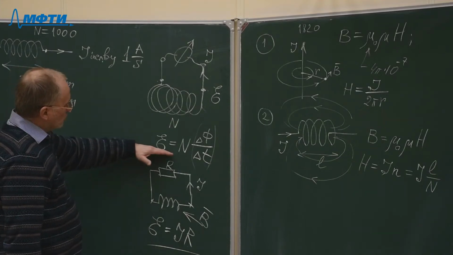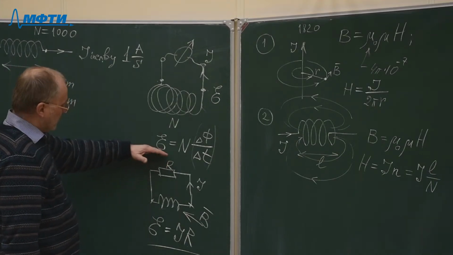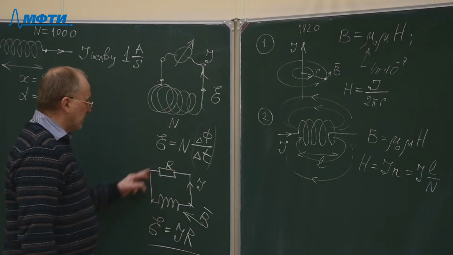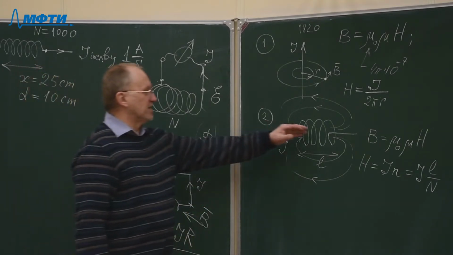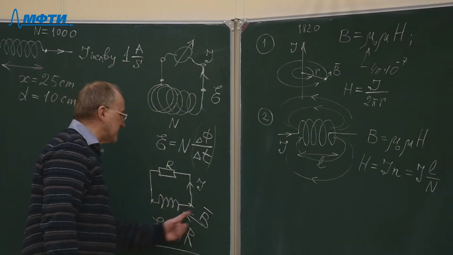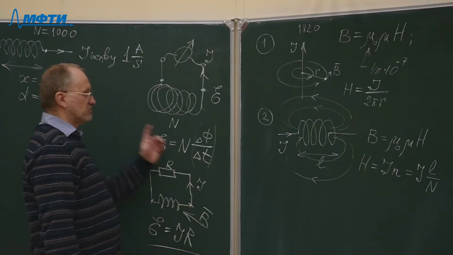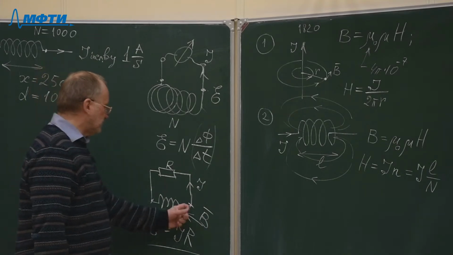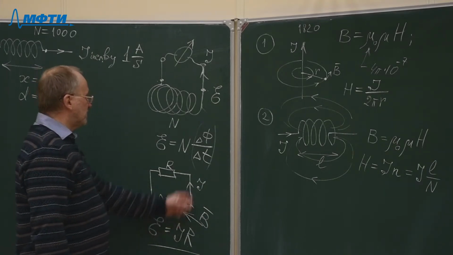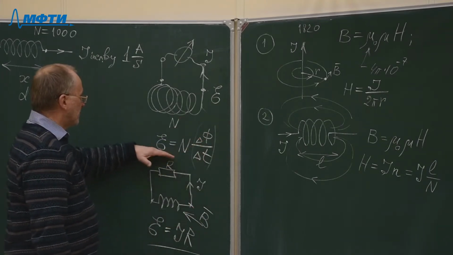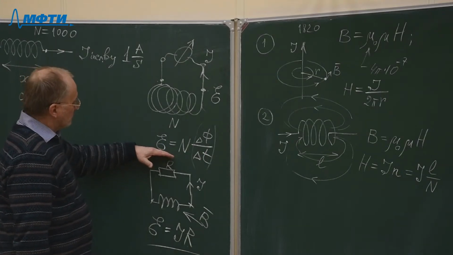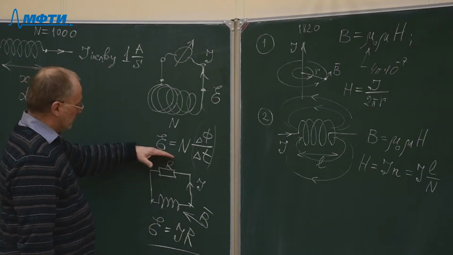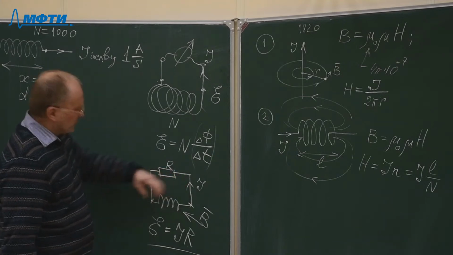And the logic is simple. The current flowing here creates the magnetic field. If the current is varying in time, then the magnetic field will be varying. And if the magnetic field is varying, then it will inevitably cause the electromagnetic induction, the electromotive force on the terminals of this